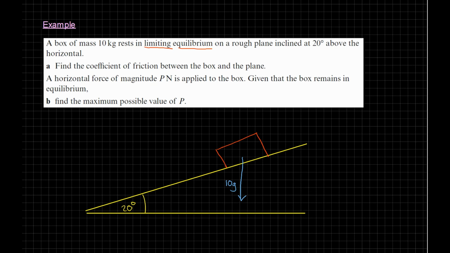Limiting equilibrium means forces are zero and the object is just about to start moving. It's not moving, but it's just about to. So kind of picture a scenario where I've got a plank of wood